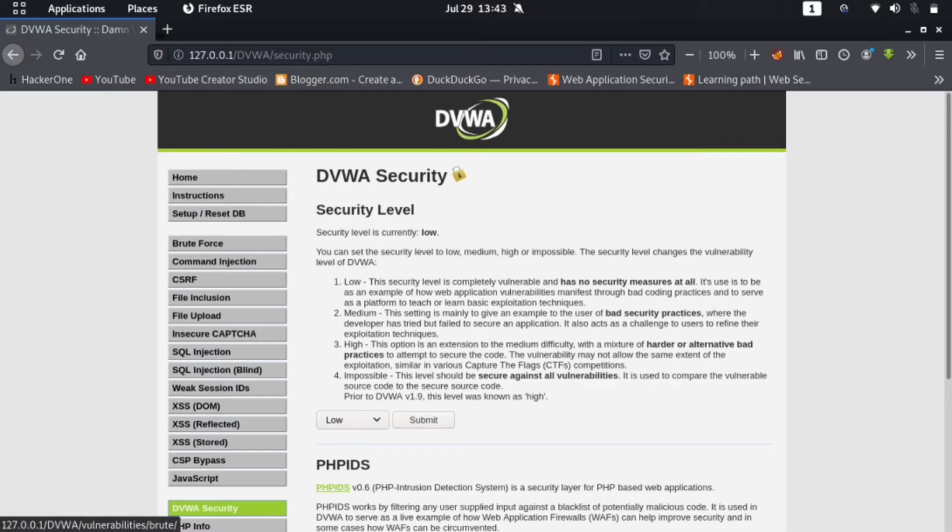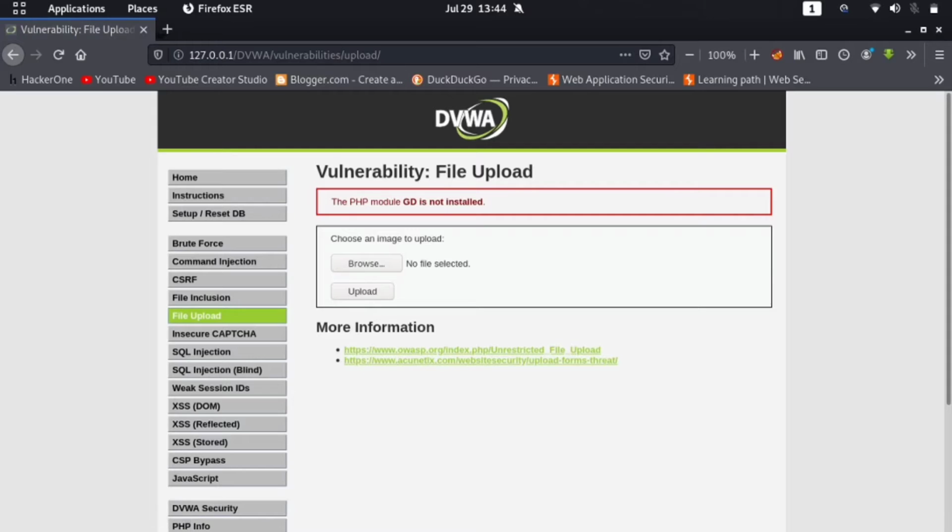If you want to crack the medium level, then you have to use the double extension method. Okay, so we are using file upload vulnerability. We are going to file upload. Here is what it looks like. So first of all we have to create a shell. So open a terminal first of all. Let me open my terminal.